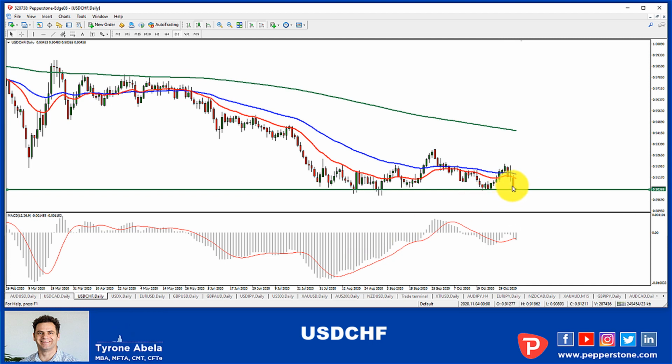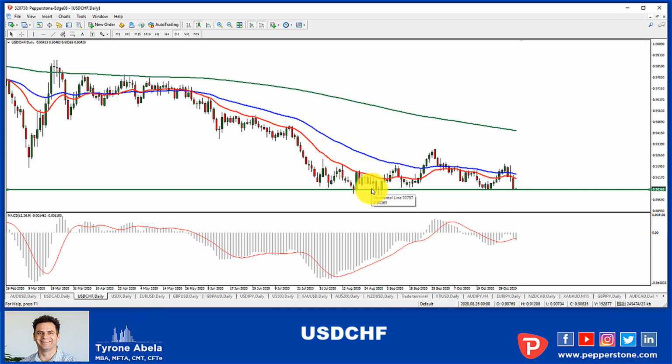All right, we need to see more than just a break of a candle, because that could easily be just a bit of a news flash, or it could be just a fake out. We don't want either of them. Either scenario is bad for trading, so we want to see evidence. We want to see it break that line and retest it from the bottom.